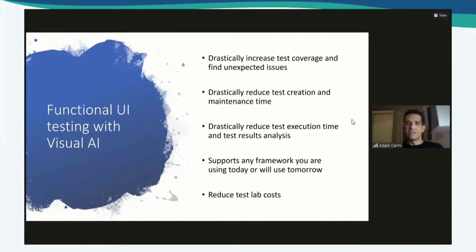So to conclude the session, before we move on to answer questions, doing functional testing with visual AI and the ultra-fast grid drastically increases the test coverage and allows you to start finding unexpected issues with your test automation. It drastically reduces the time it takes you to create and maintain tests. It drastically reduces the time it takes you to execute the test using the ultra-fast grid,